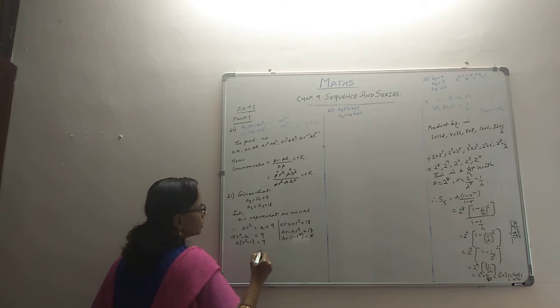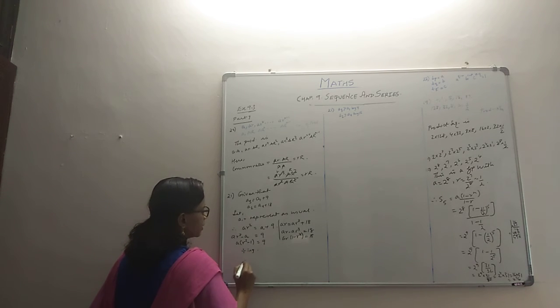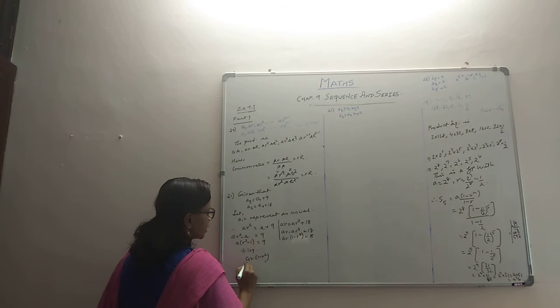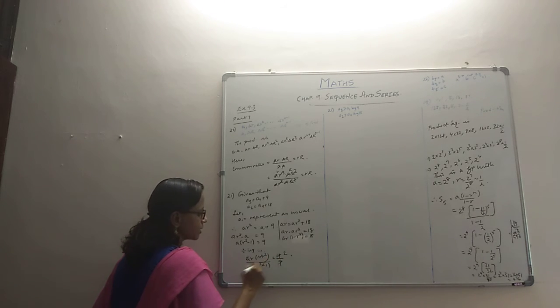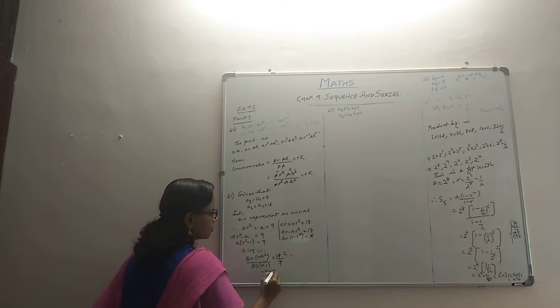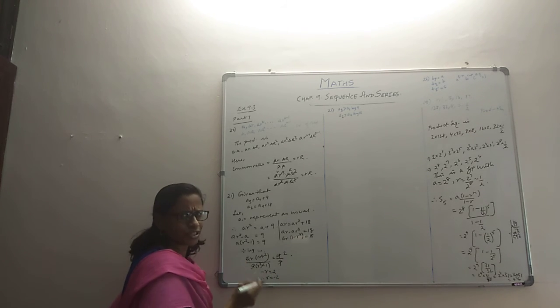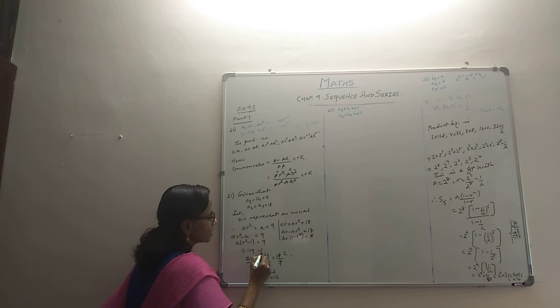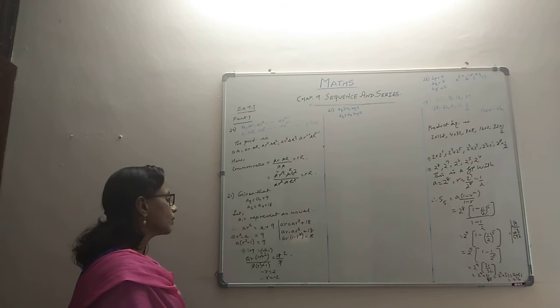Now if you take them and divide, what will happen? ar into 1 minus r squared by a into r squared minus 1 is 18 by 9. This is 2. Cut with a minus. They're just minuses of each other. So it's like minus r equal to 2, which makes r as minus 2. I hope this is clear. They are minuses of each other. Writing 1 minus r squared is as good as writing minus of r squared minus 1. When you open up, you will get the same thing. So they can cancel, and minus 1 that way. So r is minus 2.